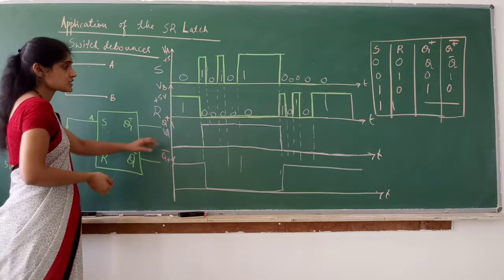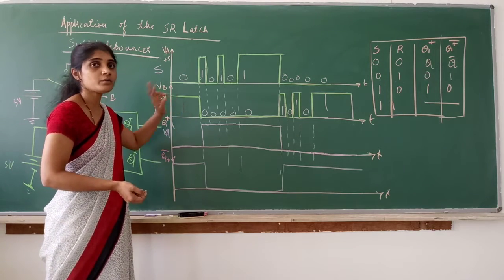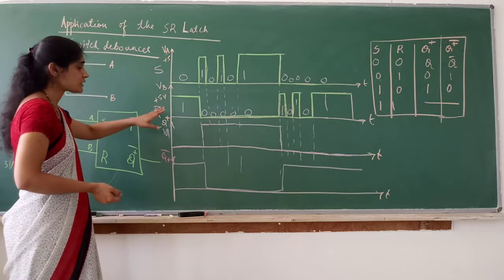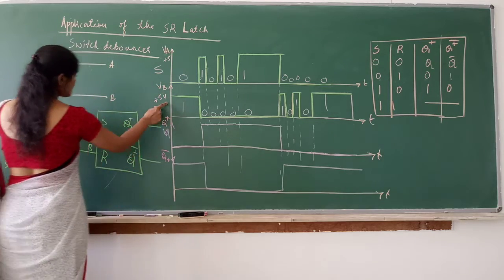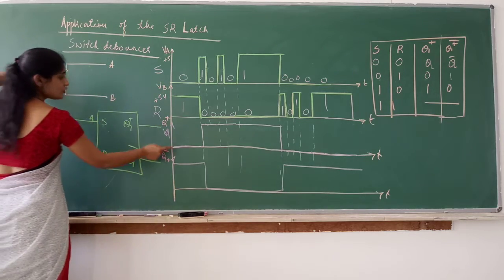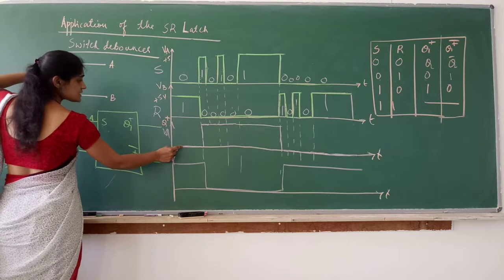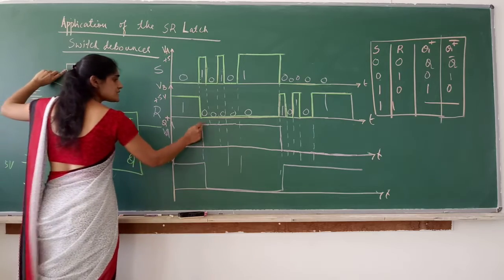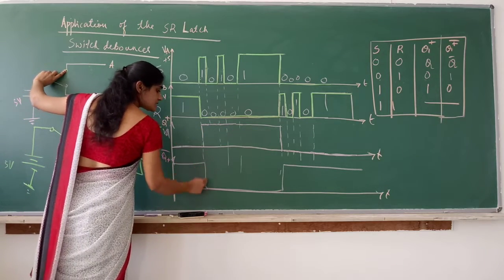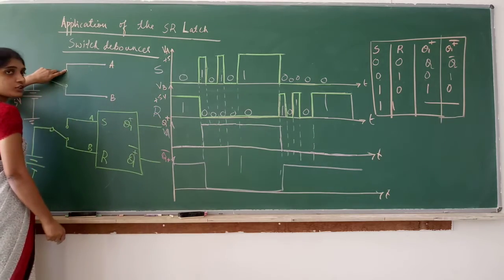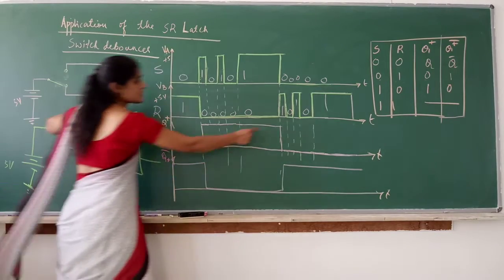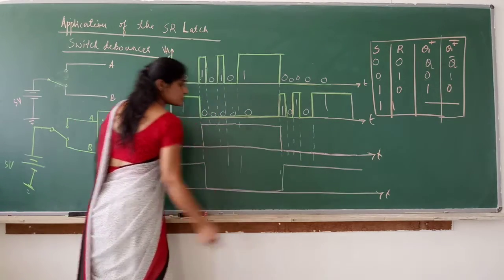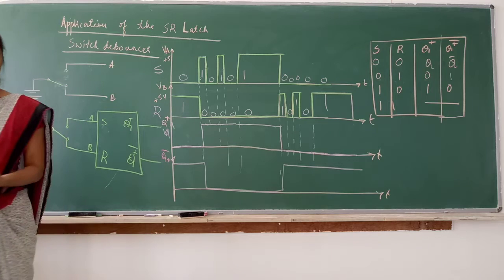So look at the connection now. Is the switch bounce problem solved now? Eliminated? Yes, because when the contact is at B, B is at 5 volts whereas A is at 0. So when I move the switch from B to A, A is at 5 volts, B is at 0 volts. Again if I move the contact from A to B, A is at 0 volts, B is at 5 volts. No contact bounce, no switch bounce.